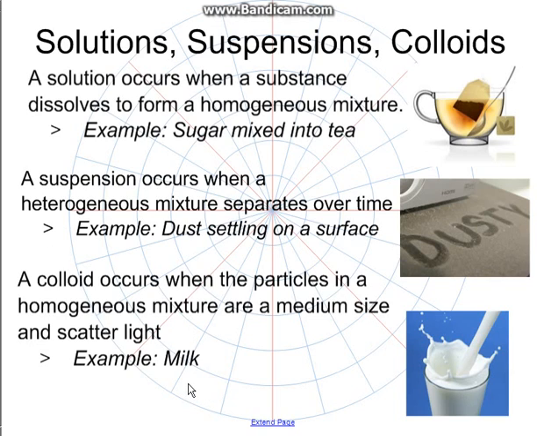And an example of this is milk. If you leave a glass of pasteurized milk sitting in your fridge for a while, you won't see the milk fat separate from the water. It's all mixed together. It looks the same, so it's homogeneous and it stays together. But we can't pass light through it. The particles of fat suspended in that water are big enough that when light hits it, it comes back to us, which is why we see it as white instead of clear. Again, if you need more examples of these 3 things, please go to Google, look them up, look up examples, look at some pictures, and that should help.